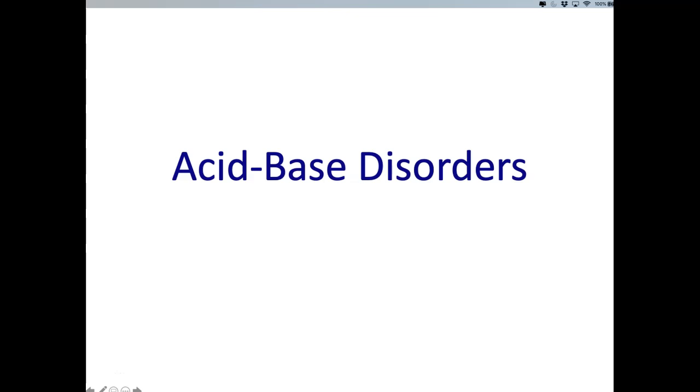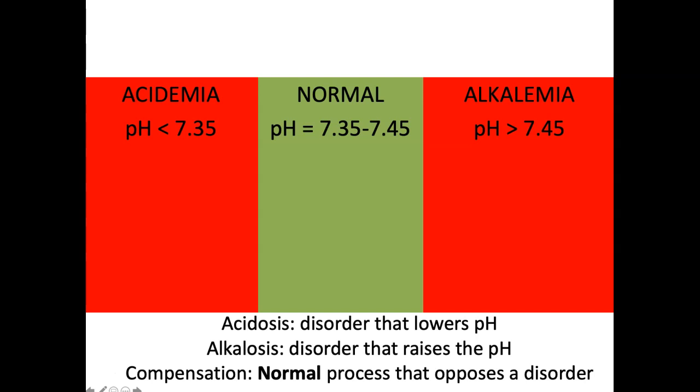All right, now we're going to talk about acid-base disorders. So you've already heard about normal acid-base physiology. Now we need to get to what happens when things go awry. Okay? So you've seen this before, the normal pH between 7.35 and 7.45. So when there is a process that moves the pH outside the normal range, those are the acid-base disorders.